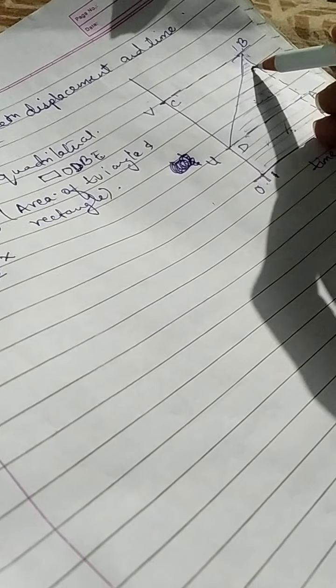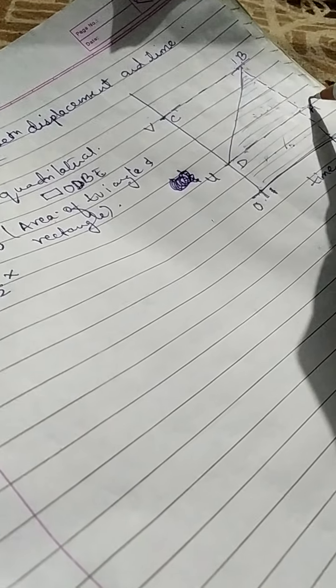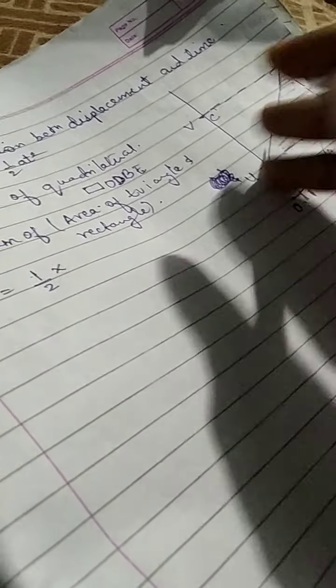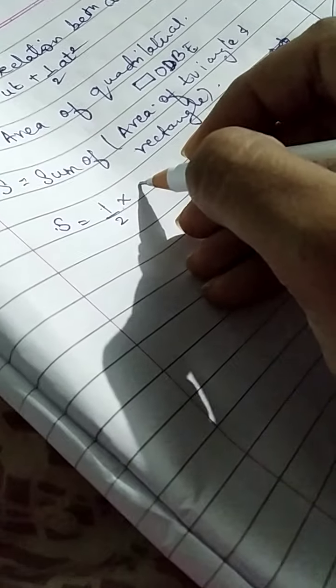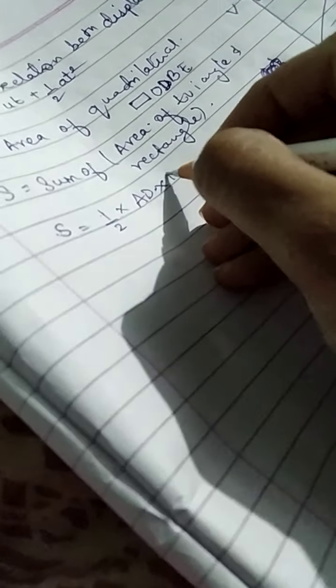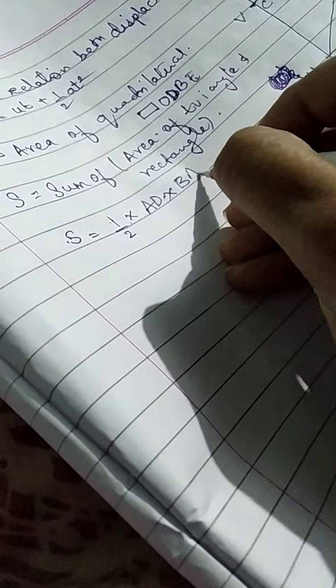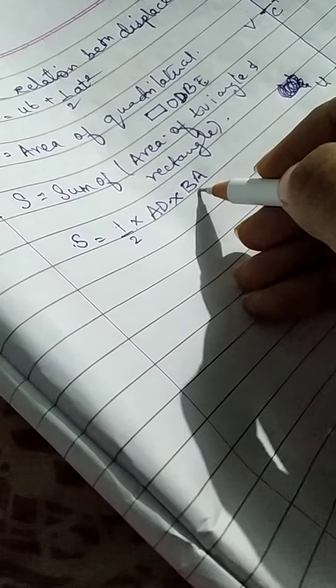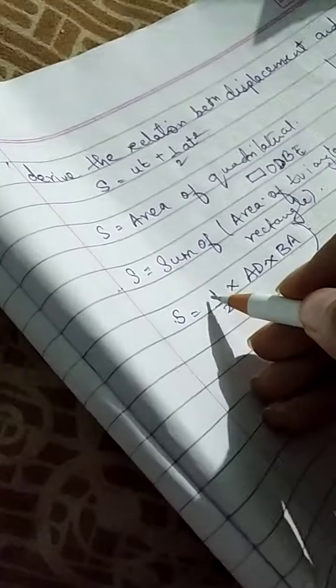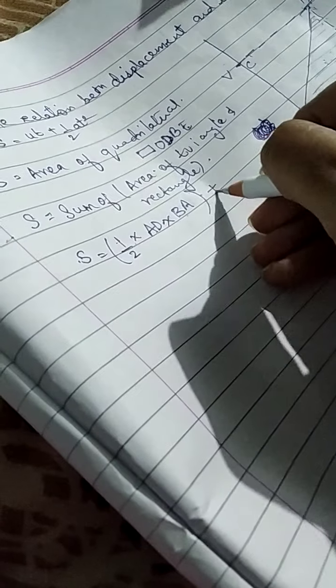Now what is the formula of area of a triangle? Area of a triangle is half into height into base. So this is the triangle. So half into height. Height means AB, and what is base? DA. We're going to write it over here: AD into BA. Half into height into base. This is area of a triangle plus